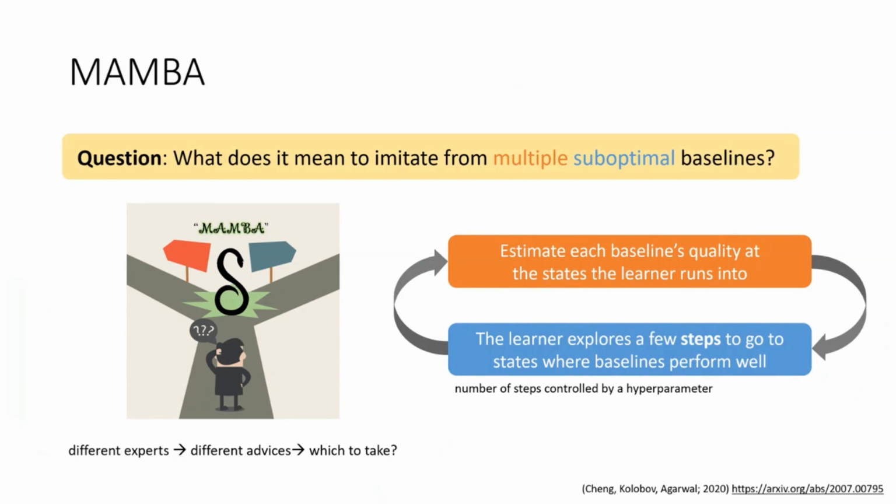And the precise way of doing this, we describe in our paper through an algorithm called Mamba, which first tries to constantly estimate the quality of each baseline policy at all the states the learner is visiting. And this quality estimation